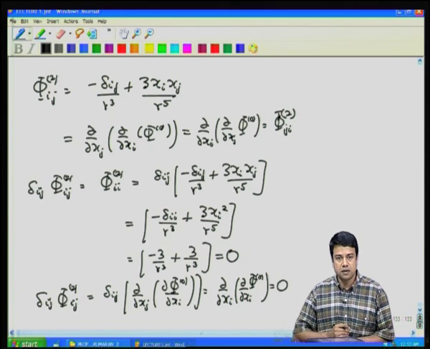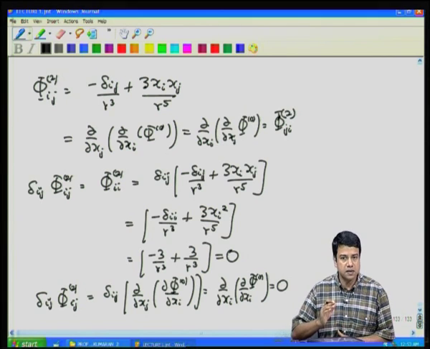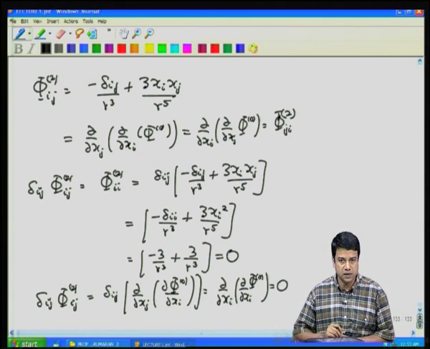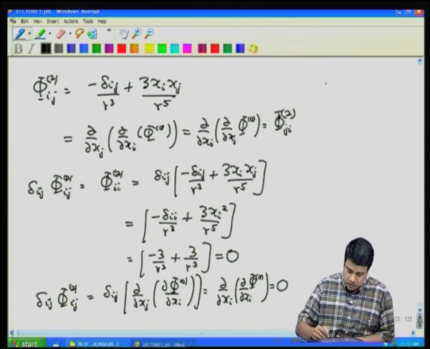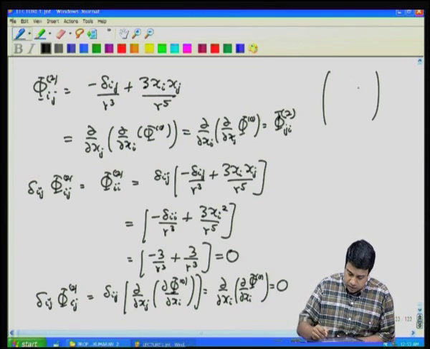So, therefore, what I have shown you is that the second order tensor solution phi 2 ij is symmetric, because interchange of indices makes no difference. It is also traceless. A symmetric matrix has 6 independent components, out of which if it is traceless, the sum of the diagonal elements has to be equal to 0. So, therefore, in this 3 by 3 matrix,